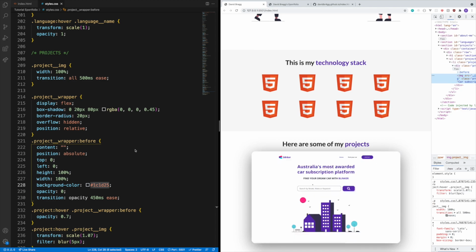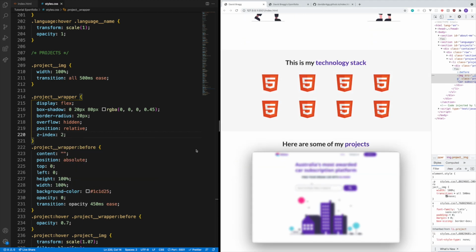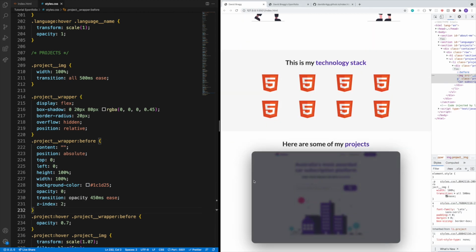So what we want to do, we want to go to this project wrapper, and we'll just increase the Z index a bit, and let's see what this does. That didn't do anything because we put on the wrong class. We have to do it in the before pseudo selector because that's what we want over it,